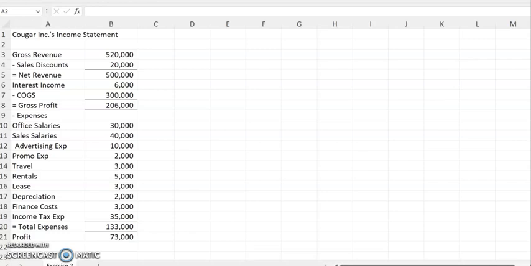And then we've got our cost of goods sold. So our net revenue plus our interest income, and then subtract off the cost of goods sold. That gives us our gross profit of $206,000. Then from there, we've got all of our expenses, office salaries, sales salaries, advertising, so on and so forth,